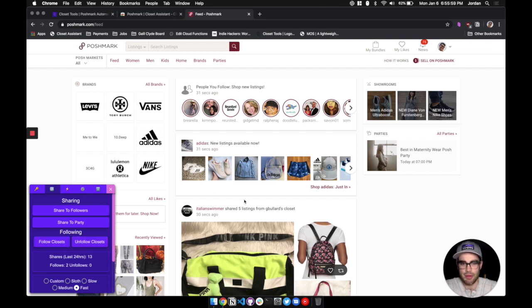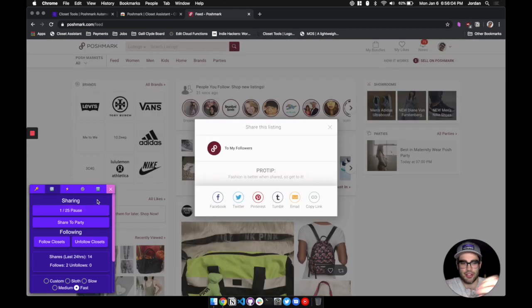So right away, this is my main feed. If I just hit share to followers, it pulls all the items on the page and it starts sharing them, just like that. And it's sharing to the followers of my closet. And I can pause that,